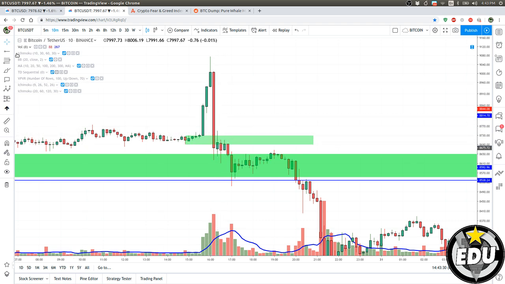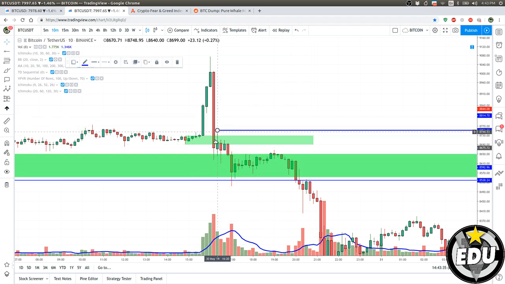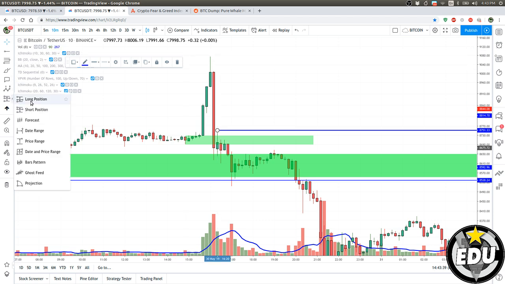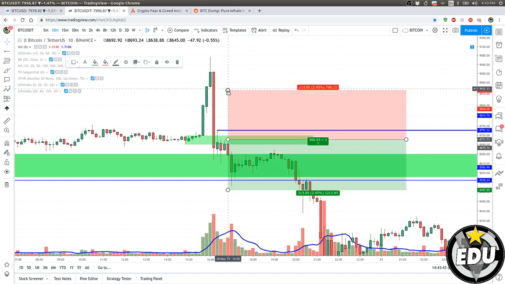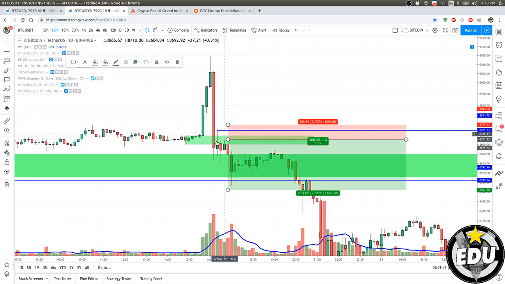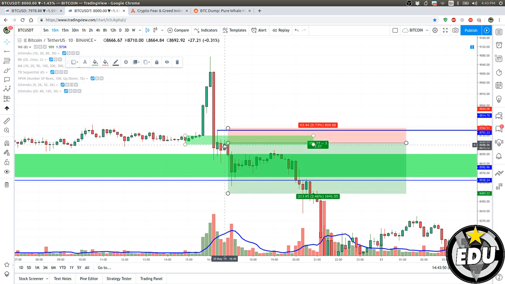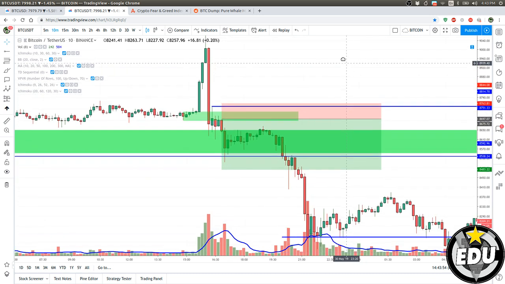You place a stop just above the swing high here. If you want to be risky, you take a stop, you place a trade, and you go higher, but that will destroy your risk and reward ratio. That would be my trade on 10 minutes time frame. Entry when it comes back. You can even enter on the block here, place a stop just below, and you're good to go.